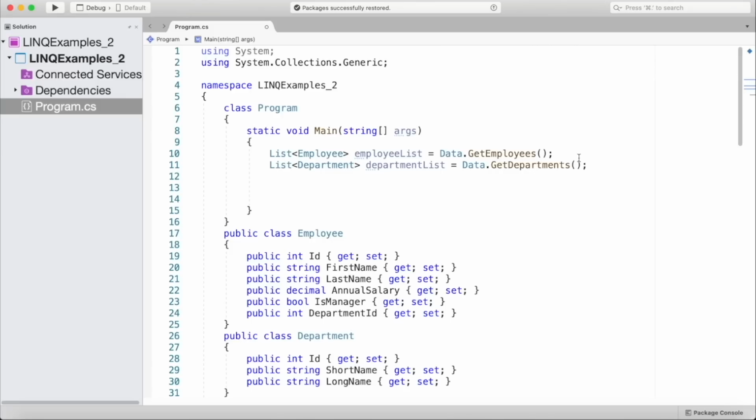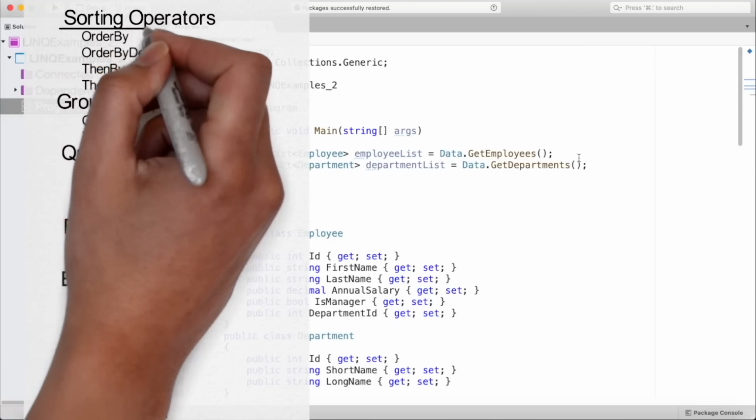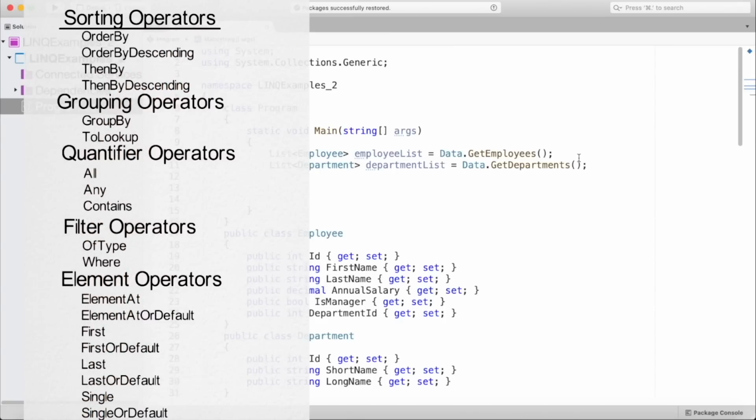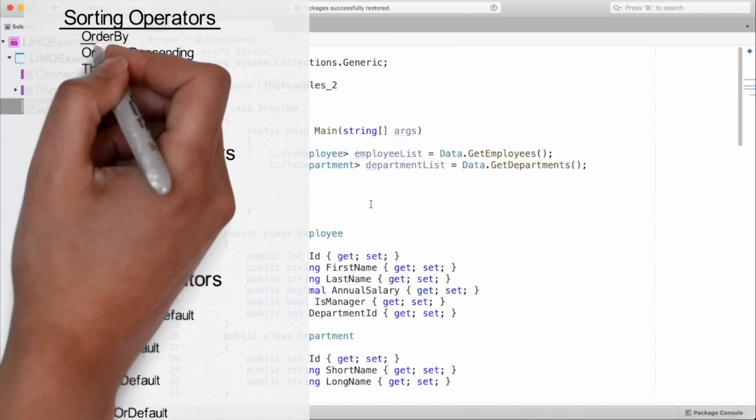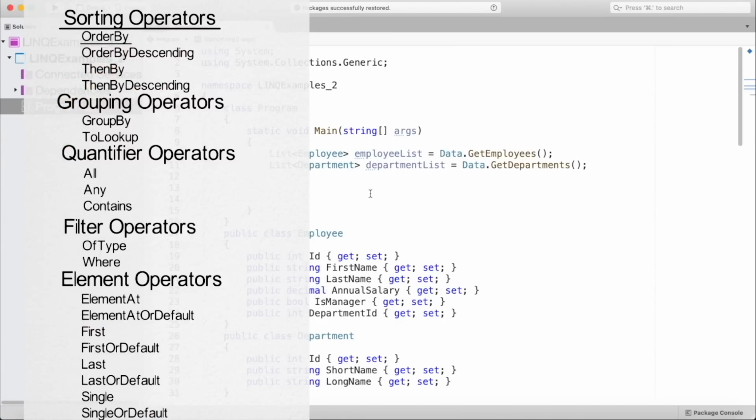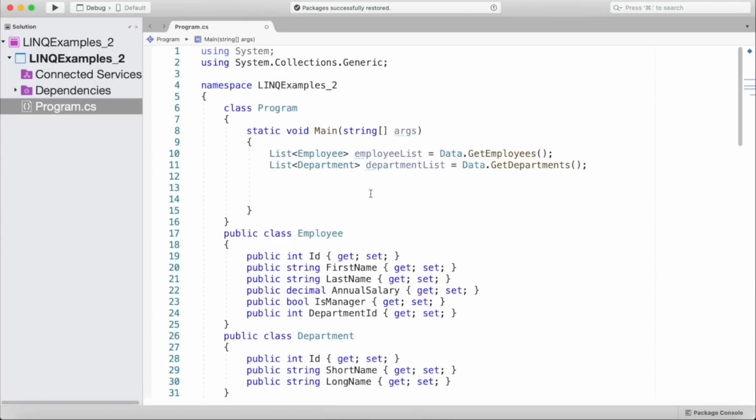So let's get into the creation of our examples. Sorting operators. OrderBy. Let's create an example for the OrderBy operator. In this example, we want to return all employee records from the employee list collection and order by department ID. To make things a little more interesting, let's say we want to include the department name within our outputted